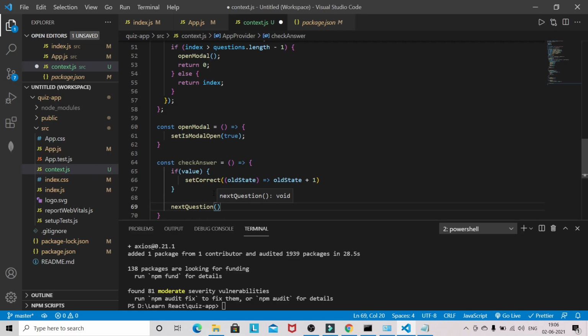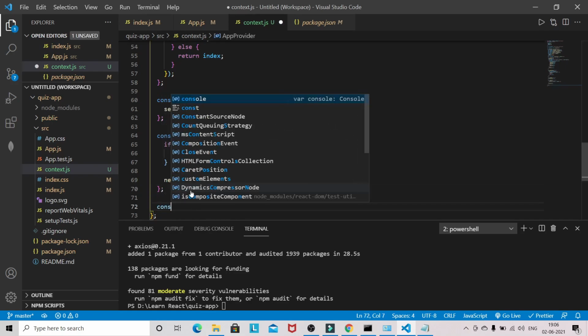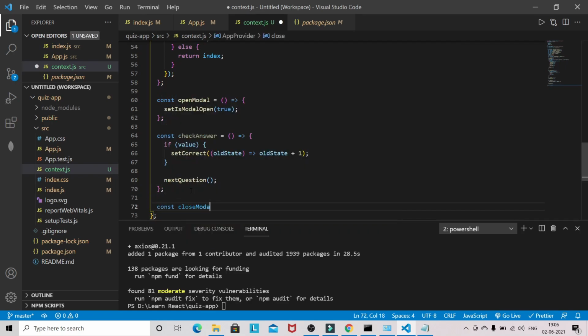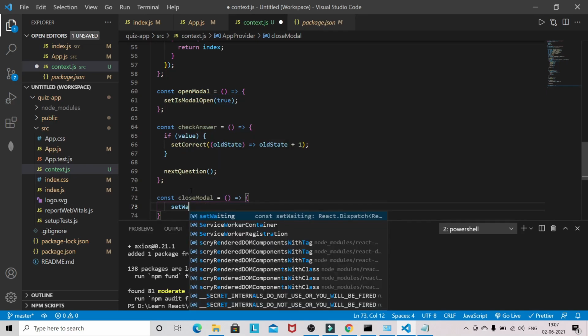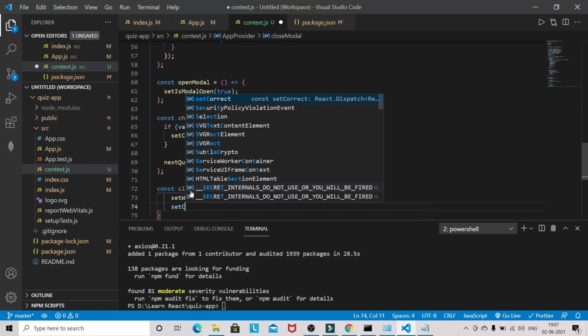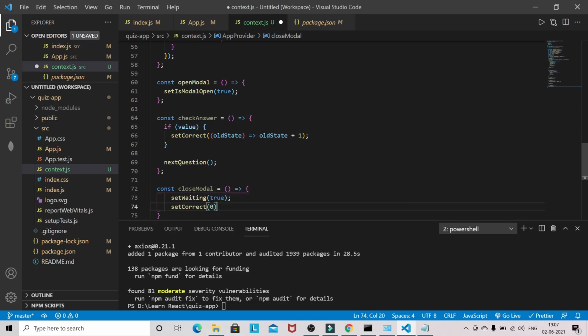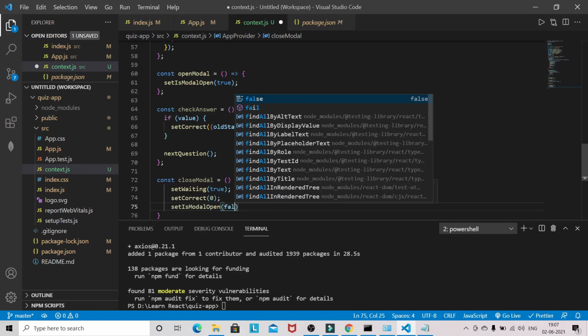Okay, now we have to also write the function to close the modal. So to close the modal we have to set some more state here. So setWaiting will be true, setCorrect will be 0, and setIsModalOpen to false.